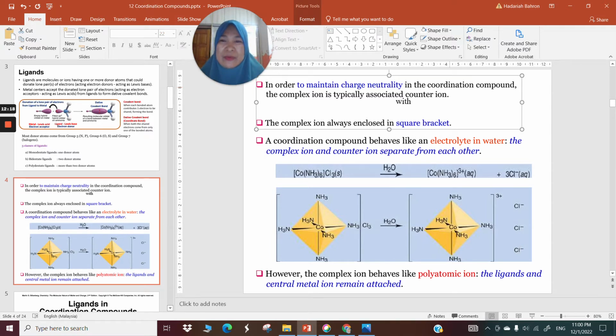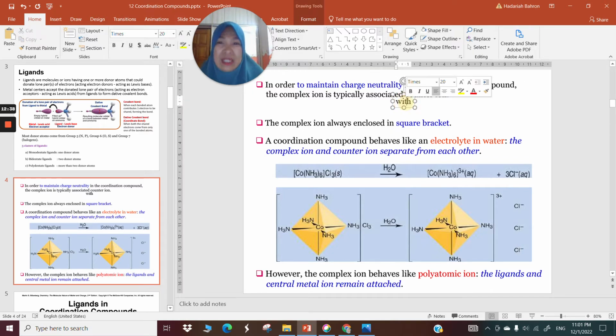It does not carry with it any charge. So whatever charge that is carried by your complex ion is being neutralized or being countered by a counter ion. So to maintain neutrality of charge in the coordination compound, the complex ion is typically associated with counter ion,